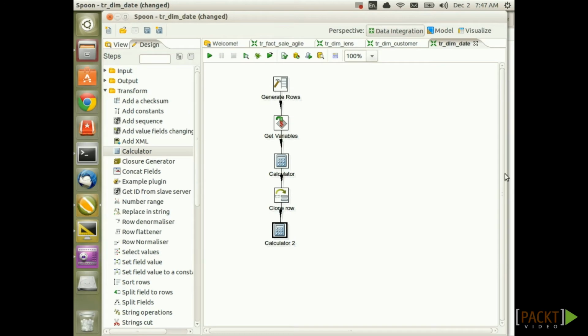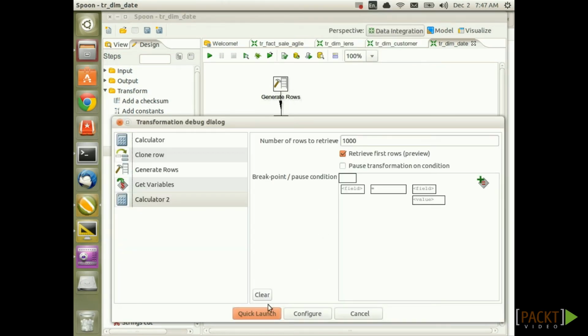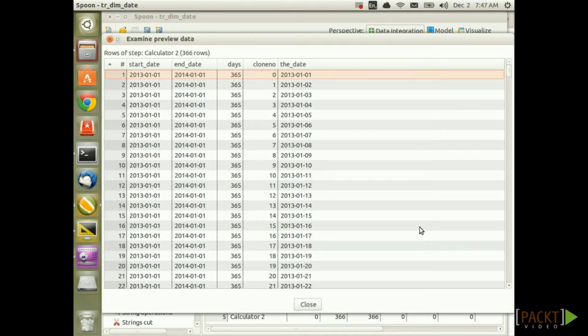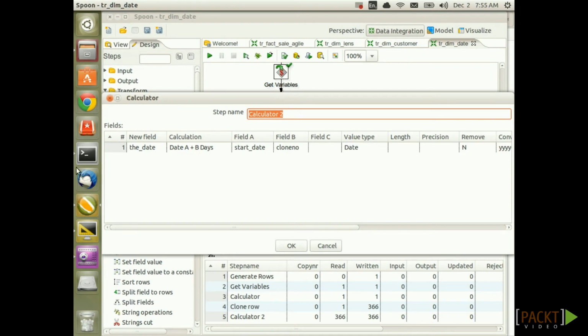So let's click OK, save, and then do a preview on this step to see if everything is working properly. And as you see here, our date is properly incremented every day, so everything is working as we expected. Click Close. Next, we want to specify the various date attributes. So let's create a new field called